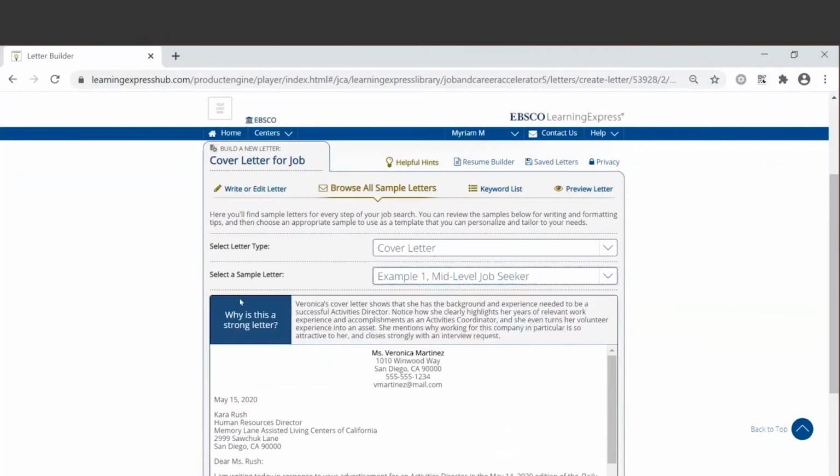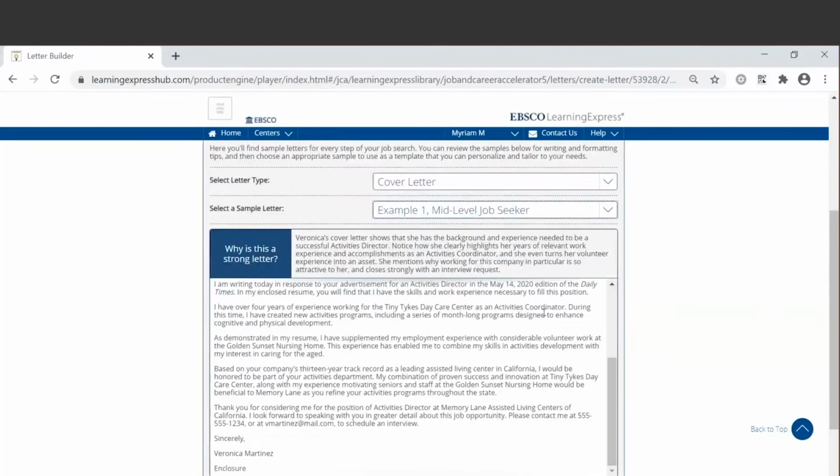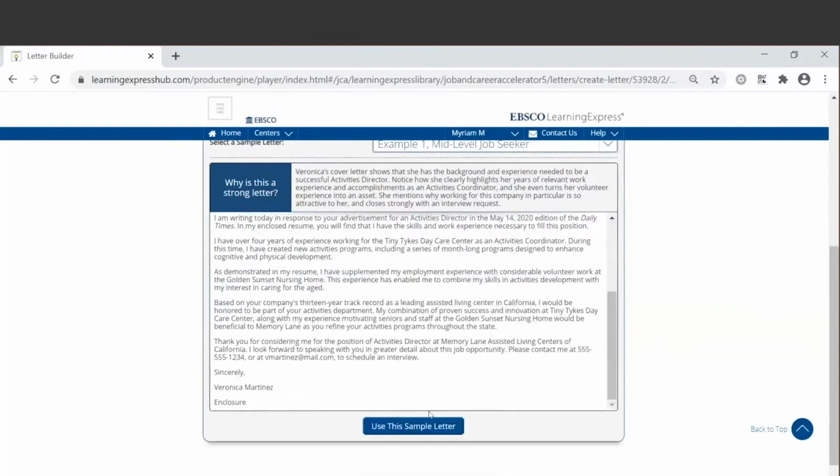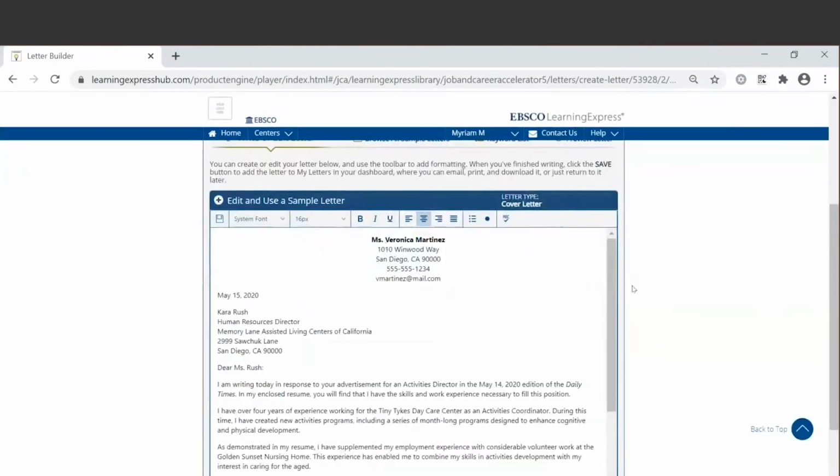You'll see also, why is this a strong letter? Again, to help your users understand what is needed and what information is needed to put in a cover letter, again, to highlight your best aspects so that employers would want to continue and take a look at the resume. And so we're going to use this one. So let's use this sample letter. And so here we can edit.